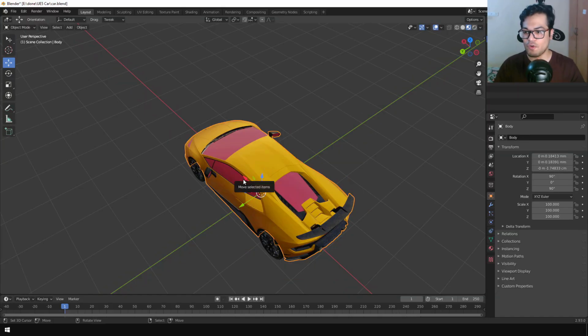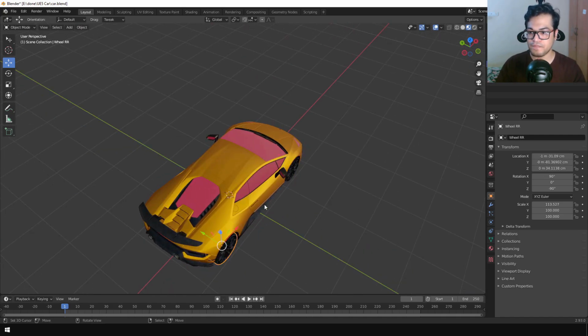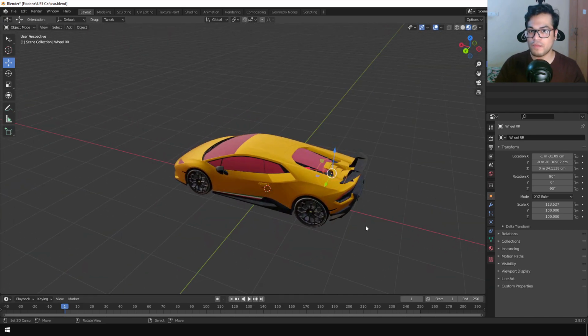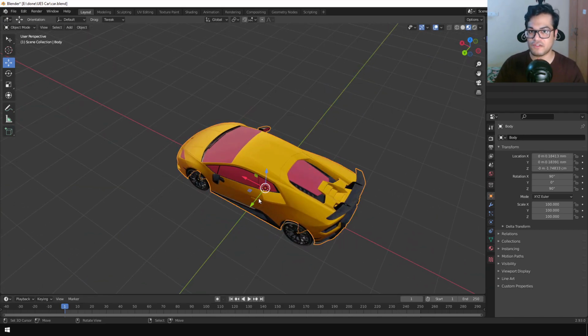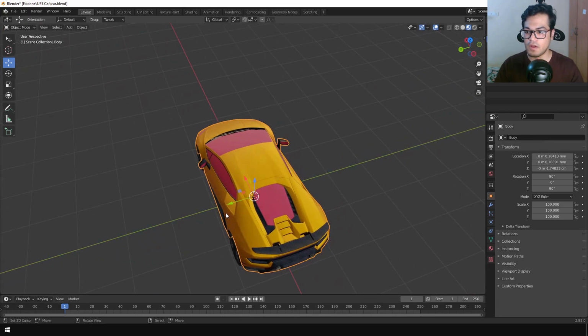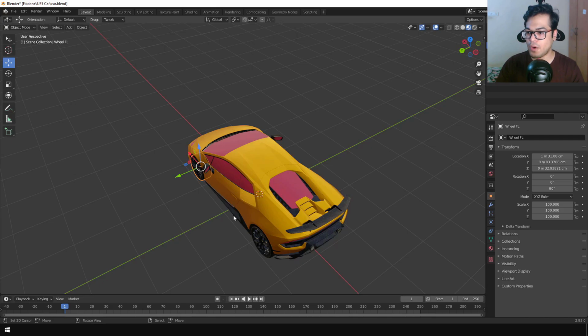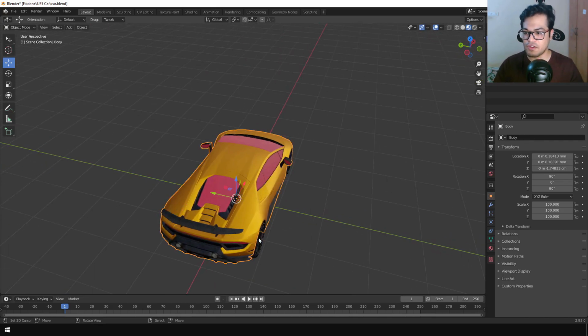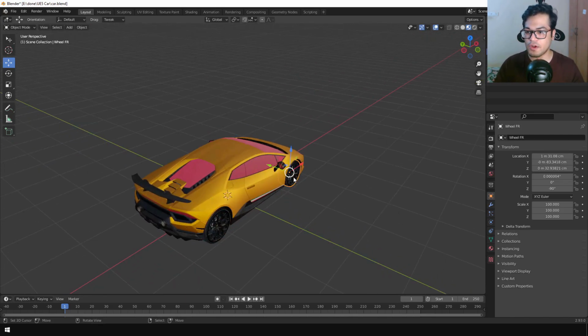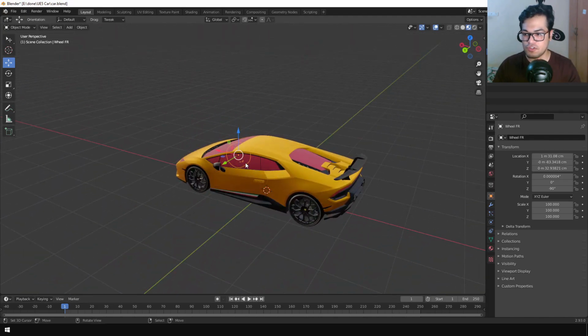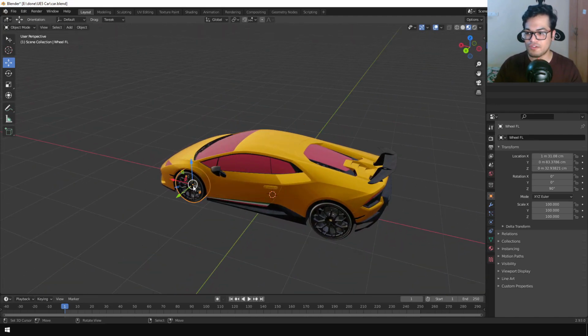So first of all, make sure that your car is facing towards the positive direction of the x-axis. So make sure that you have that. All the parts of the car are individual meshes, as you can see, and their x-axis should also be oriented towards the global x-axis. So this is quite important. After that, make sure that all your parts are oriented towards the y-axis. So the y-axis should basically be in line with the global y-axis. So this is quite important for things to work inside UE5.